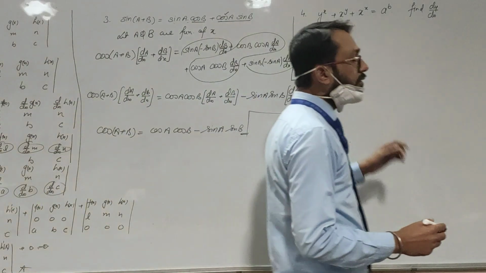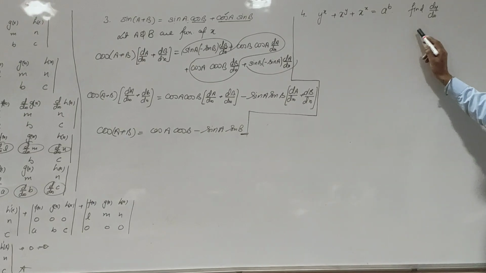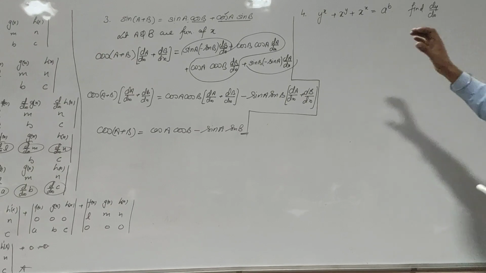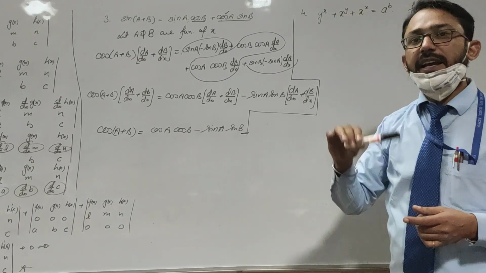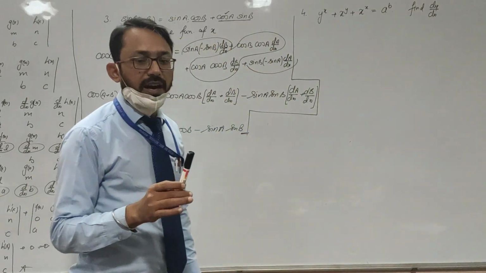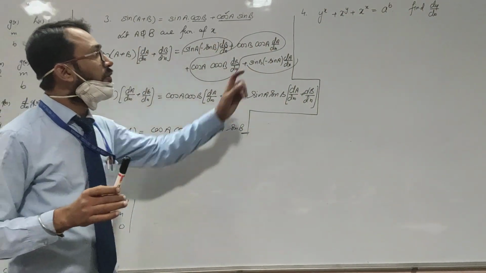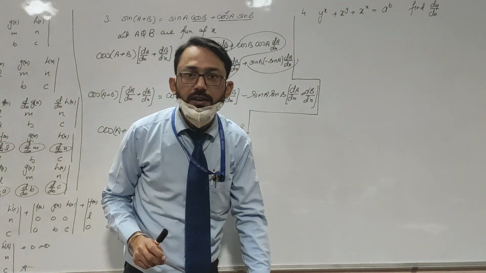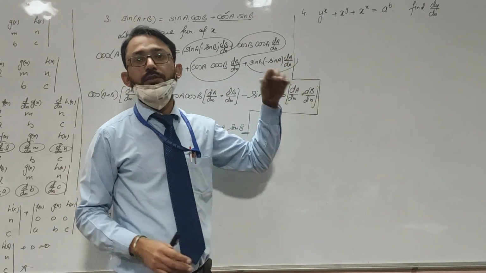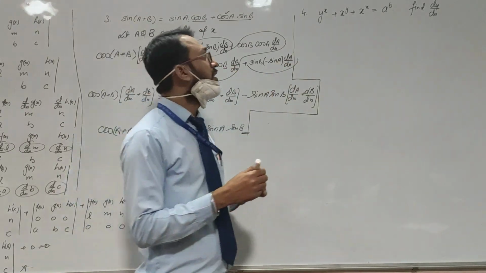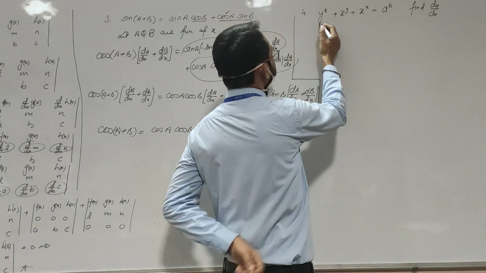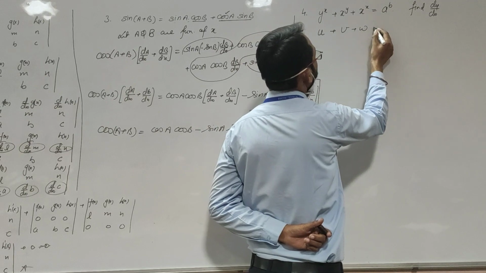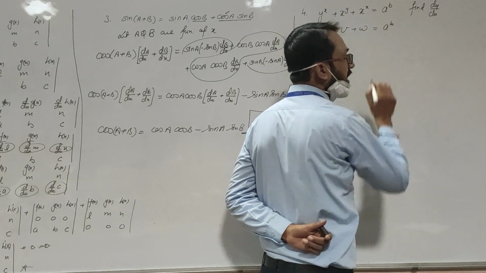Yes, beta, now we are going to find dy/dx for the above given function. So calculating dy/dx, we have been given a number of functions, and as I have told you, whenever we are getting function to the power function, to solve that we have to take log. With taking log, we will be able to do this question in the best manner. So let us think what I could do. I am supposing this as u, this as v, this as w, and this as it is I am keeping because it is a constant.